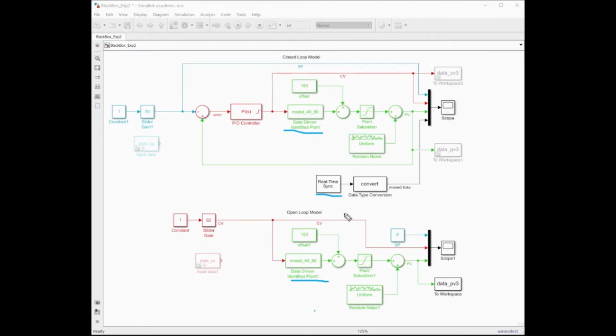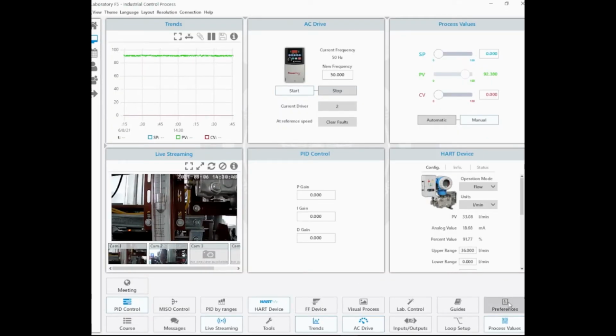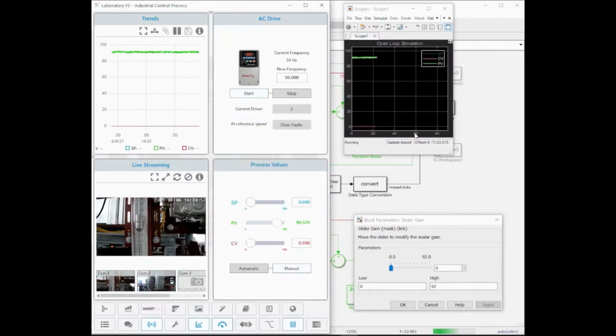The real-time synchronization block allows my laptop to run the simulation in real time so that I can compare both the real process and the simulation process in real time for this video. On the left side of the screen, I'm going to set up the live real process with Monoxware, while on the right side of the screen, I'm going to set up the live simulated process with Simulink. Now that everything is ready, I can proceed to test arbitrary values such as 60,